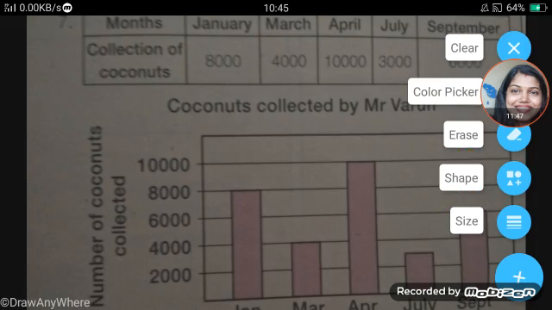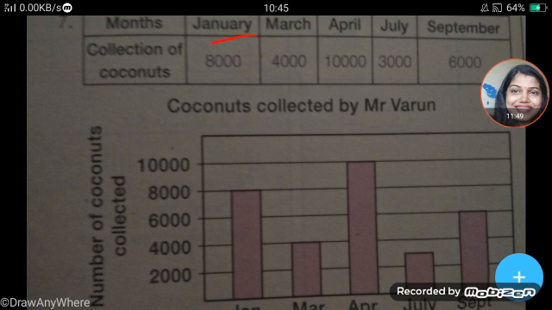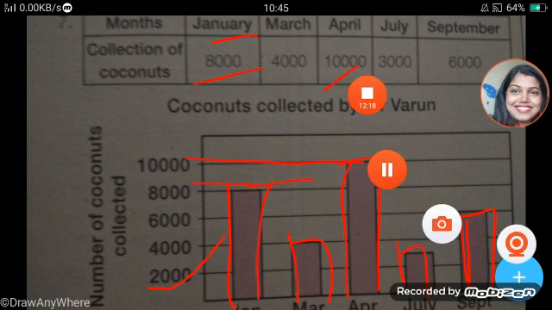After this children, what you're going to do is you're going to plot the graph. Like January month he has collected 8,000, so 8,000 you're going to draw the line and draw the bar here. So similarly in April month it is 10,000, so in 10,000 you'll take and draw a bar. Respectively all the bars you're going to draw as per the data. So after drawing that bars, you can just plot the graph like this, and here is what you're going to get as a vertical bar graph. I hope this is clear to you all and you will do it neatly in your classwork.